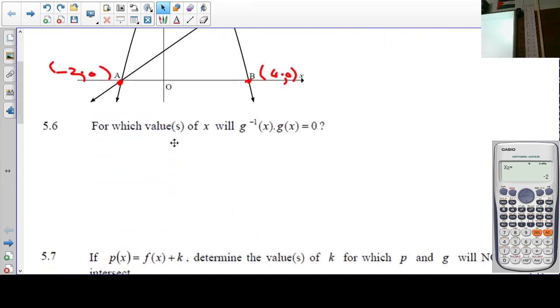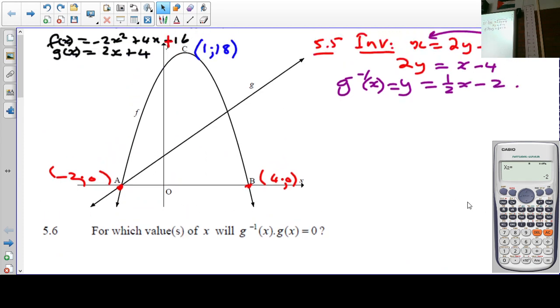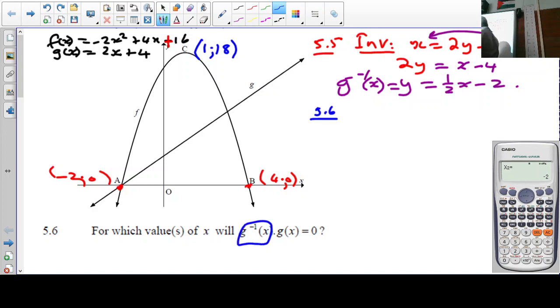5.6. In 5.6 we are asked for which value or values of x will the inverse function multiplied by the function g equal 0. Okay? Many ways I can do it. One that pops into my mind at this point. We know what the equation of the inverse function is in terms of x. Anyway, it's that thing. Not so. So we can then simply say